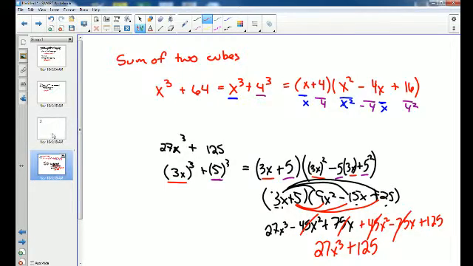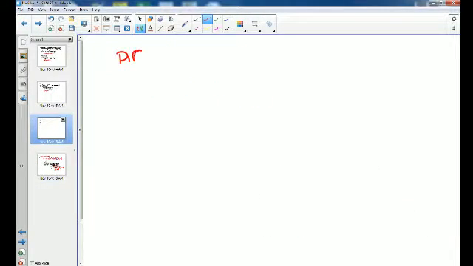Good question. Okay, difference of two cubes. This is going to be something like x cubed minus